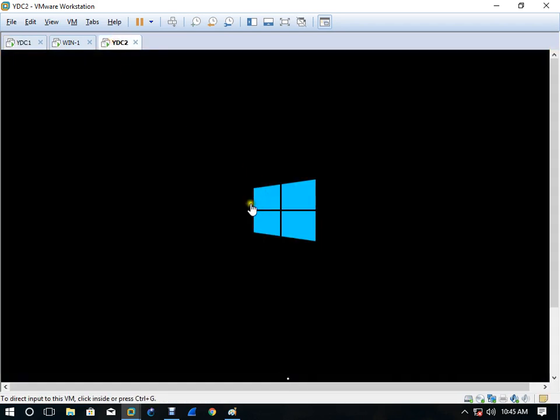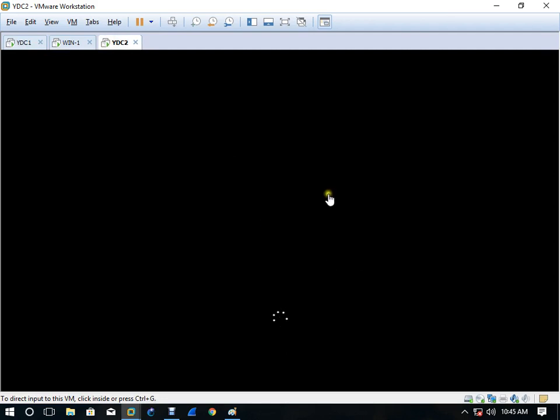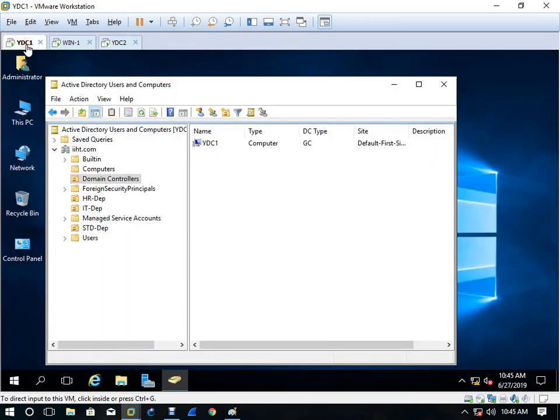Okay, now we are here. So now we are going to make this server a backup server, right? Additional domain controller. If somebody asks you, you can say additional domain controller also. Okay. Now you have to log in with the administrator account. Which administrator account? Your IIST administrator account.